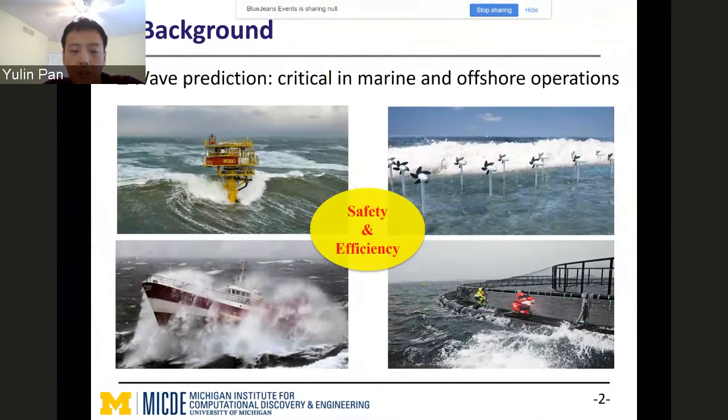In the meanwhile, another concept that people consider is wave prediction. If we can do the wave prediction sufficiently well, then we will be able to operate these structures in a smart way according to the predicted wave field. This will lead to considerably enhanced safety and efficiency in marine engineering. However, in spite of the development, we are still not at a satisfactory stage for wave prediction, especially because of the lack of capability for phase resolved wave modeling. And in recent years, there are still many accidents reported in extreme sea states.